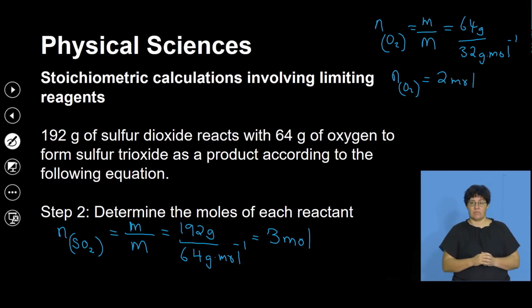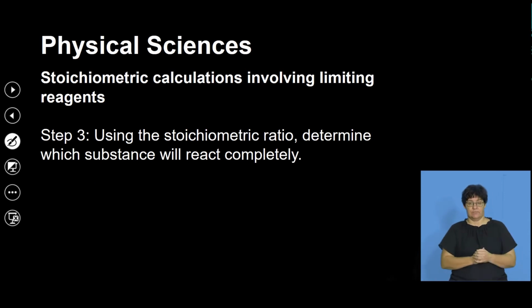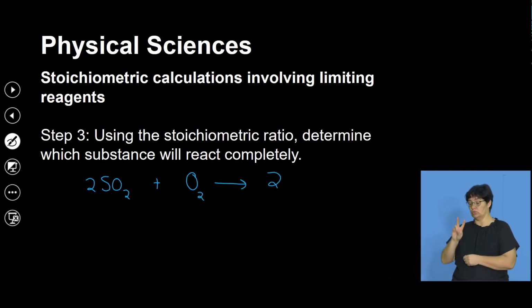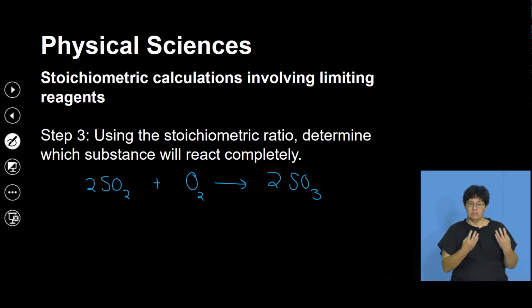And then moving along, step number 3, we want to use the stoichiometric ratio to determine which substance will react completely. So the balanced equation is 2 of sulfur dioxide plus a mole of oxygen to give us 2 moles of the product, which is sulfur trioxide. So how many moles of each? We've got 3 moles in the sample. We've got 2 moles in the sample. So if we ask ourselves if they react in the ratio